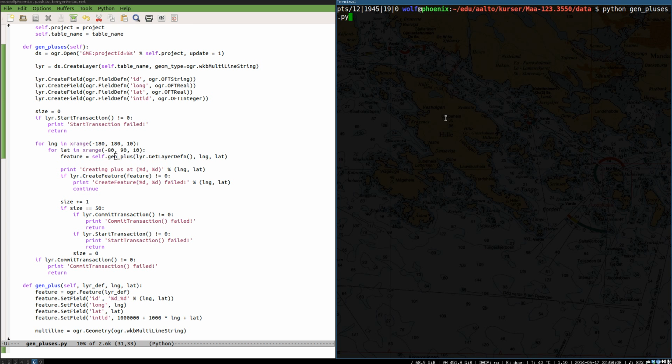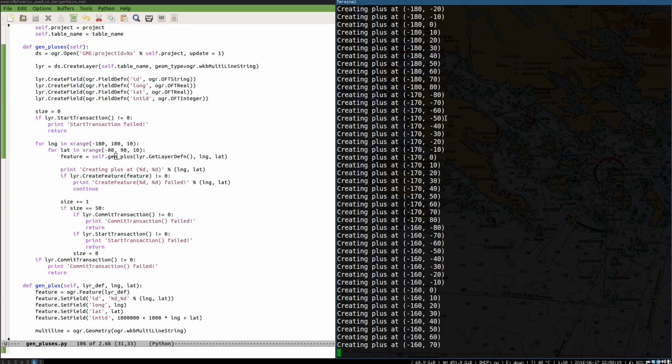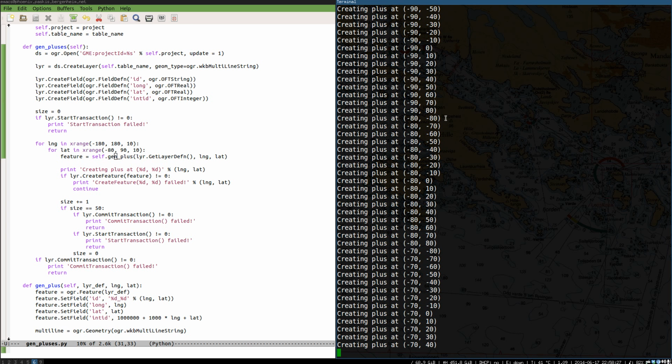Now let's have a look at the command. The first wait here is because it's now creating the table at Maps Engine, and the second one is it pushing 50 features. Every time you see the numbers change, it pushes 50 more features, and we just basically wait patiently. We're getting there,